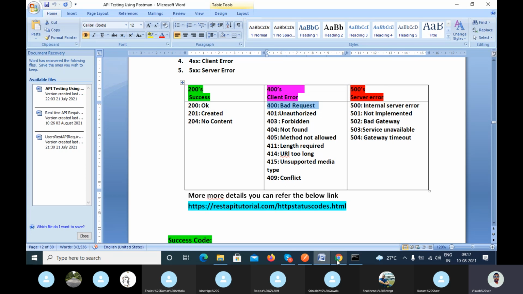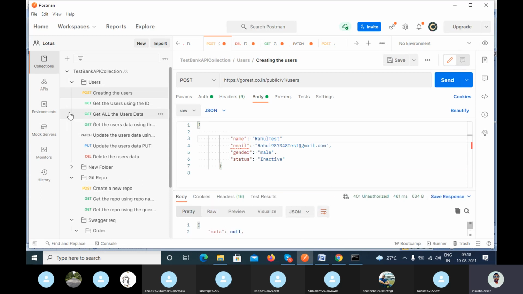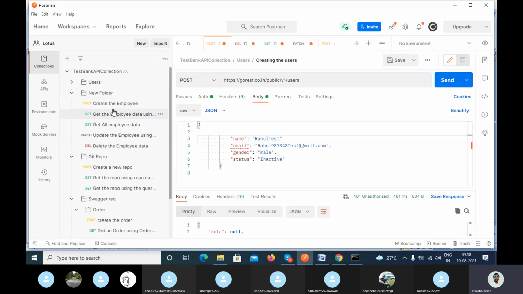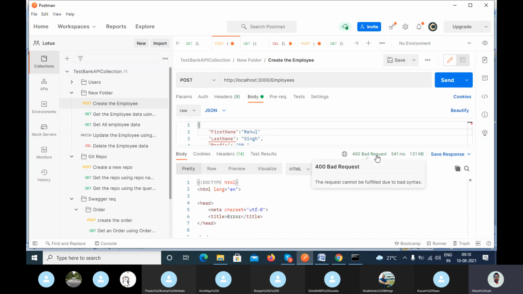And the second thing: you have passed everything correctly, but you are not following the protocol to write the JSON body. Let's suppose you miss the comma. First, you will get the compile error. If you do not notice the compile error and connect with the server, you get the error. Let me use my service and remove the bad syntax. Can you see it here? 400 bad request.